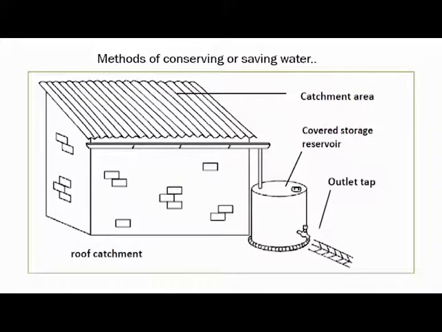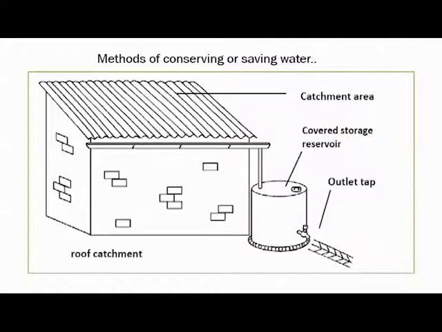Now, I have also attached this picture, just a very simple picture, to illustrate how rainwater harvesting can be done very simply at home. If you have a building, for example, one can use that building to collect or harvest rainwater so that the rainwater is not wasted. You can use your roof surface as a catchment area, as the rain drops on that rooftop. Then the water will fall into the gutter, which is also made along the roof.